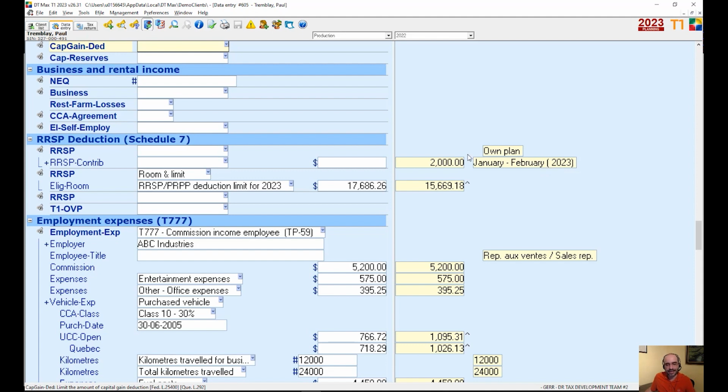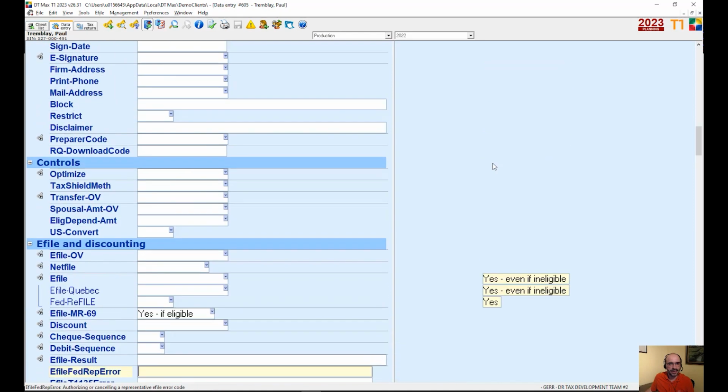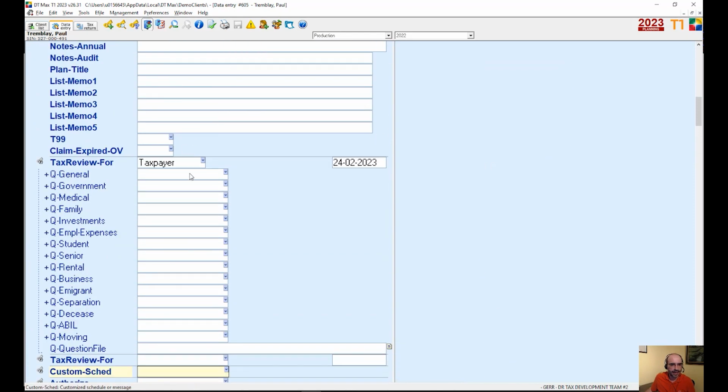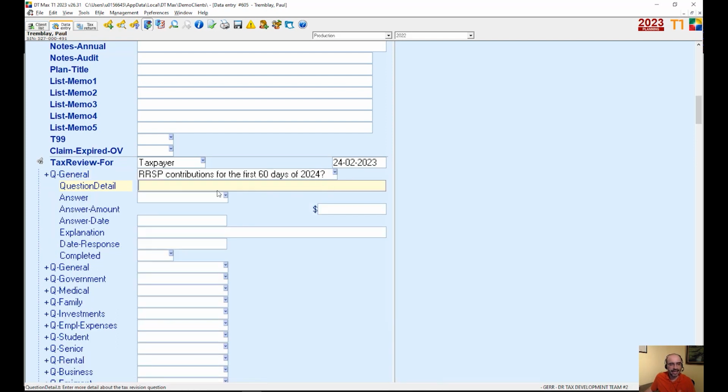Did my client make any contributions in the first 60 days of 2024? I will go ahead and ask that question to my client, but I will also log the question through my tax review checklist. So let's go back to my tax review checklist at the top of my screen here, and under the general questions, I will choose RSP contributions for the first 60 days of 2024. I will choose that question, and I will simply ask my client,